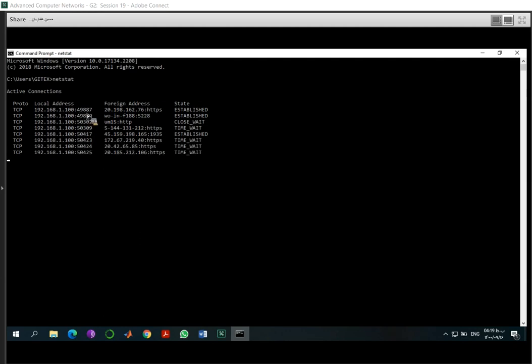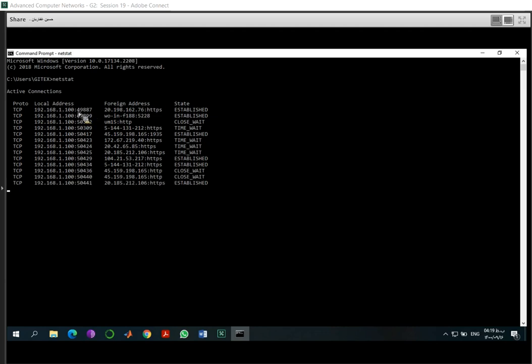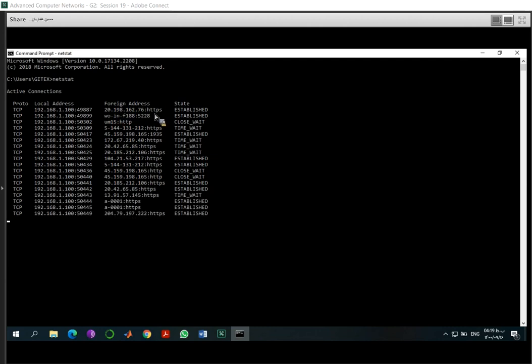For example, port number 49887 in my computer is opened, and using this port number and this IP address, the combination of IP address and port number is a socket address. This socket address is connected to this one, IP address 20.198.162.76, and this is an HTTPS port.